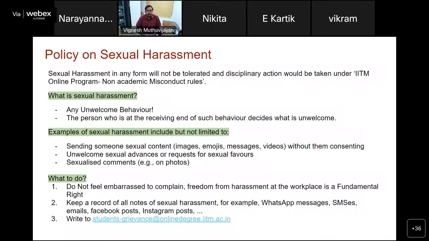Here are some examples of what is considered to be sexual harassment. Again, this is not a comprehensive list. Unwelcome advances or requests for sexual favors, or sending someone sexual content, whether it is images, emojis, messages, videos or photos, without them consenting, or making sexualized comments and so on, are all considered sexual harassment.